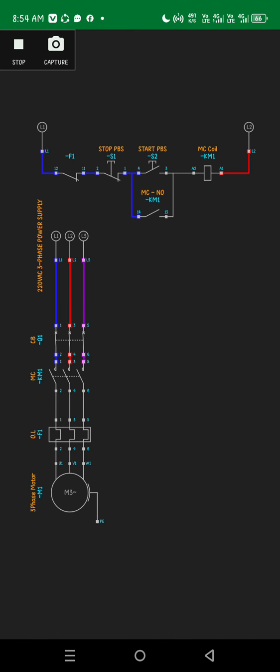Then as the circuit breaker turns on, we need to press the start button. Okay, so as you can see, the synchronization of KM1 and the power circuit is already activated or energized. Then click stop. Okay, thank you.